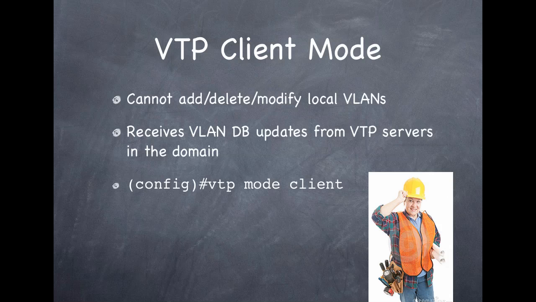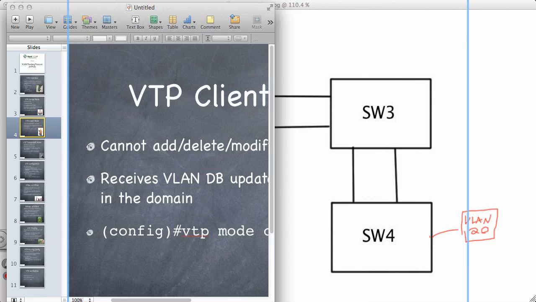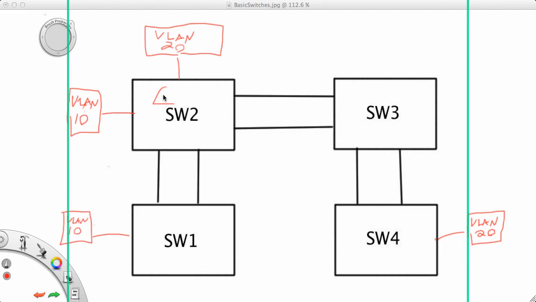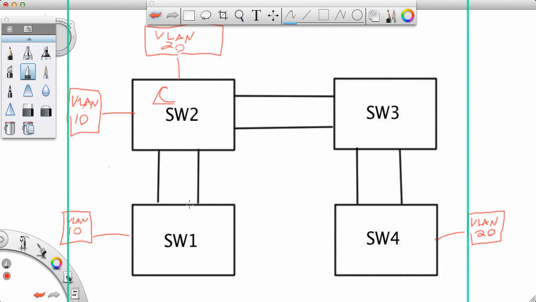It's also important to note that any switch in VTP client mode will still forward VTP packets to other switches in the domain. So what does this mean exactly? It means when you bring up a topology like the one we have here, if switch 2 is in VTP client mode, as we can see here, it will still, and switch 1 is in server mode, any change made